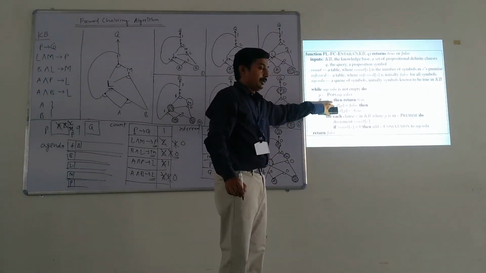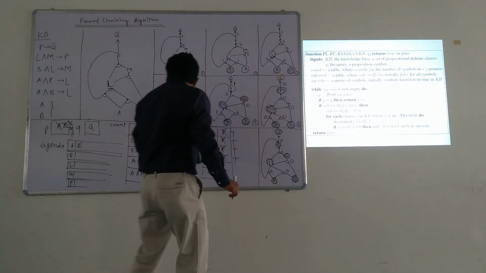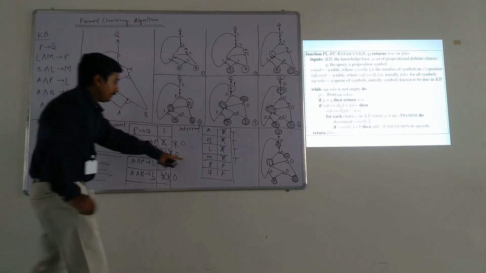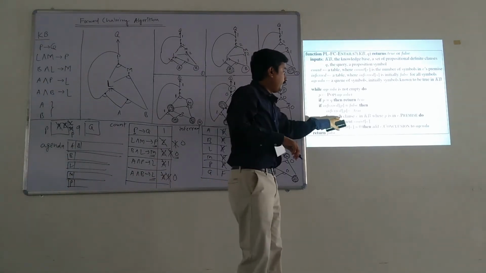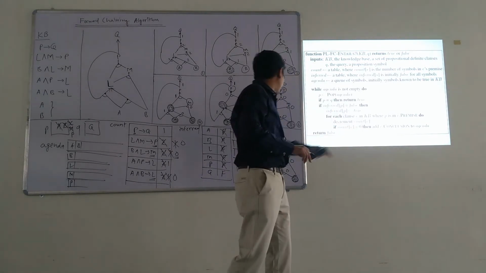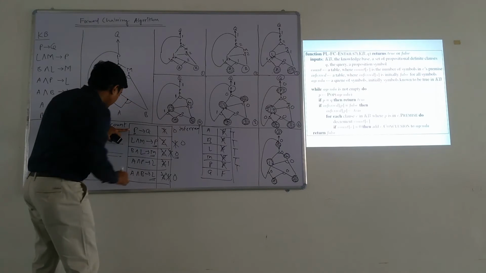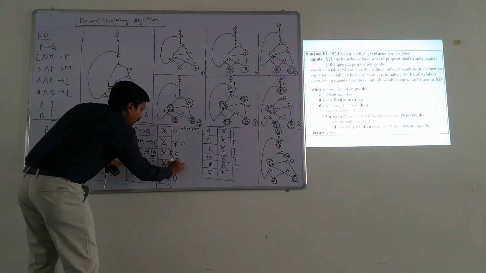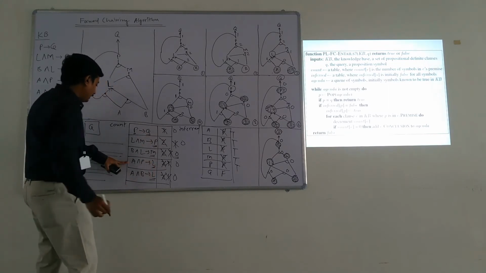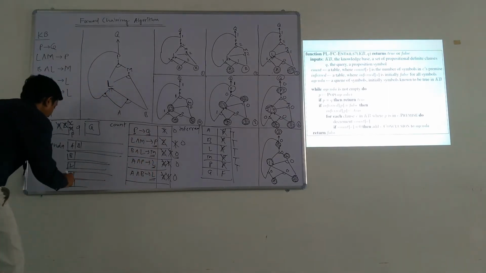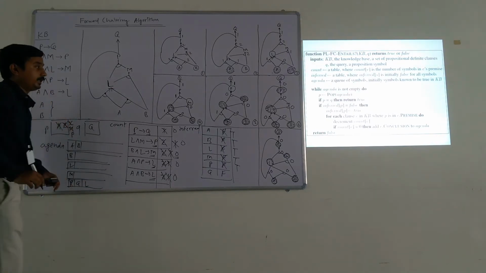The next one, the agenda is not empty, so P is popped, it is caught in small p, so small p becomes capital P. Capital P equals capital Q? No. Then infer P, P's value is capital P, which is false, so you make it true. Then for each clause where P is in the premises, we have P in the premises in this one and in this one also, so we add their conclusions to the agenda. So Q and L are added. P was deleted, and Q and L were inserted.